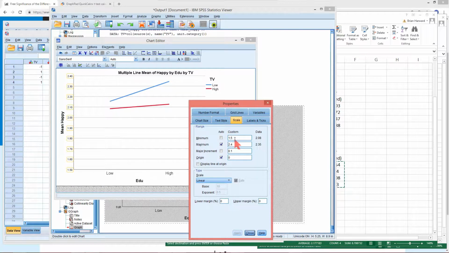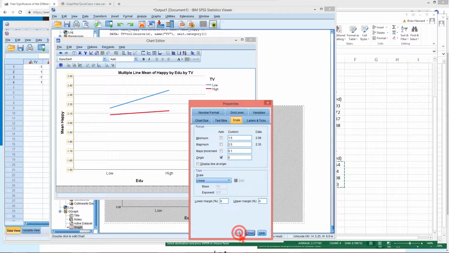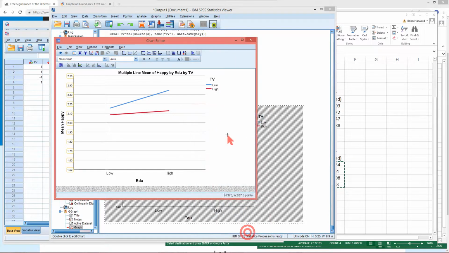I don't really like that much either. Let's see. 2.5 is actually what I meant to do. Oh, that looks better. You could toy with that to get what you like. But here we get a really good depiction of this interaction. You can think of it in a number of ways, but you could say